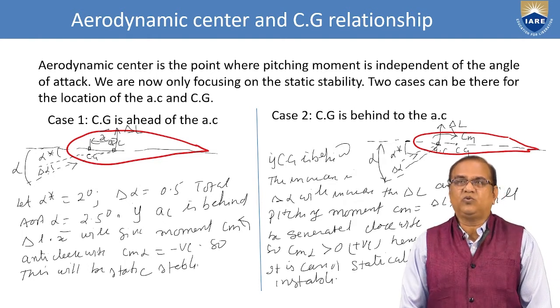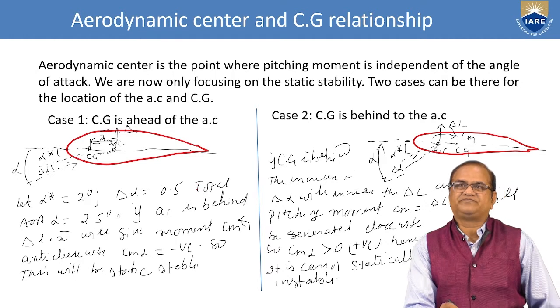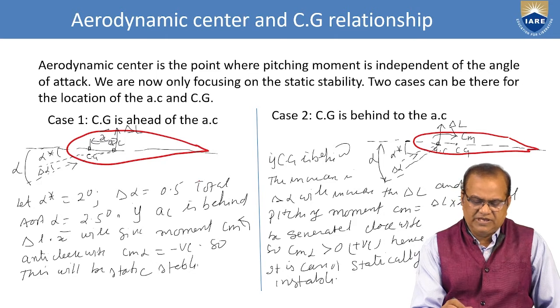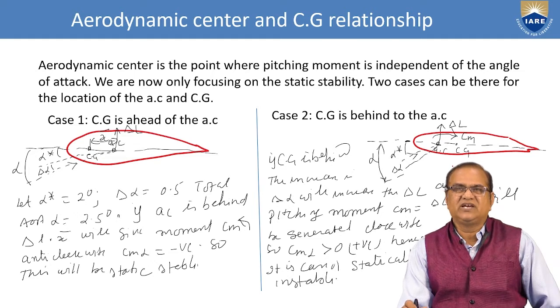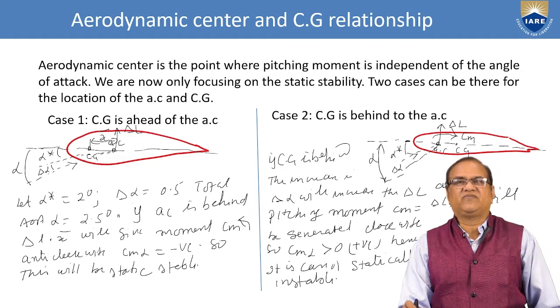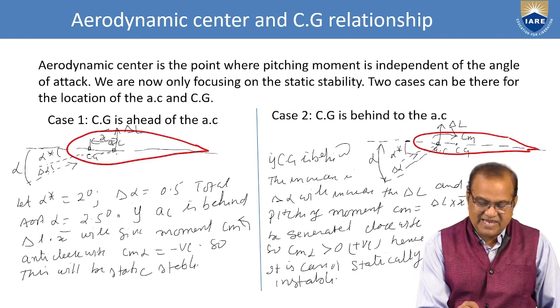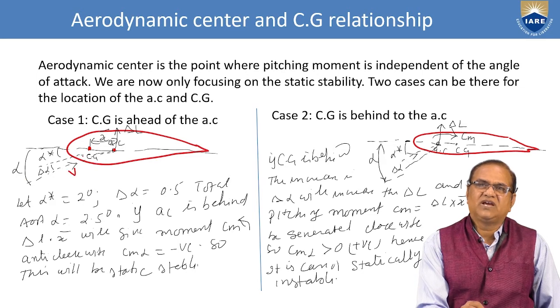Here we can say two cases can be there for the location of the AC and the CG. You see the first case here: the CG is ahead of the AC. Just assume a symmetrical airfoil, so the AC will always be at C/4. This is the AC and this one is the CG. Always your flow velocity V will act on the AC,